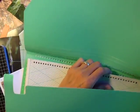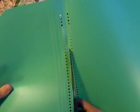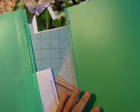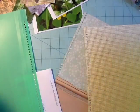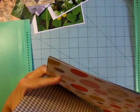So I take it out, and I take my cover, and I just use my scissors and go right up the line in between the two sets of punches. That way my spine can be as big as I want it. So not a problem, it just won't be one piece. So I get my pages realigned